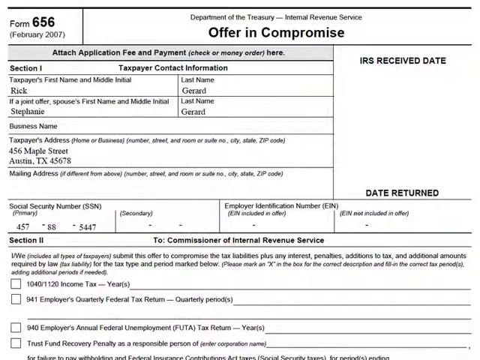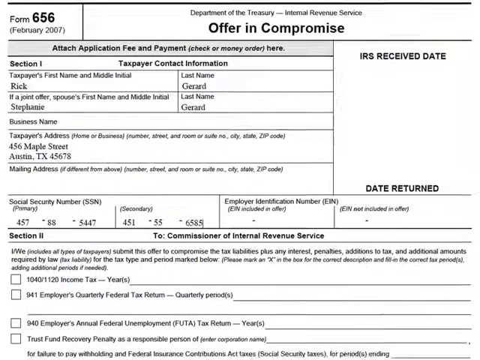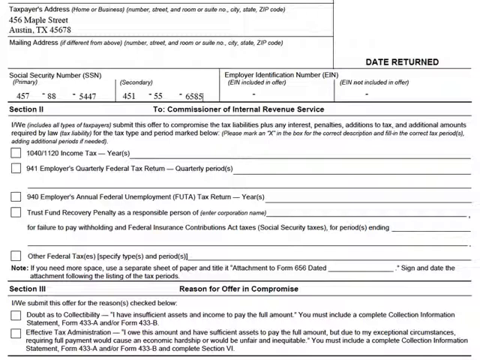Correct. Employer identification number? Rick, I want you to skip over that right now. That is for a person who is self-employed, and that does not apply to this basic toolbox. Okay, so completing Section 1 is a piece of cake. All right, Section 2. What can you tell me about Section 2?